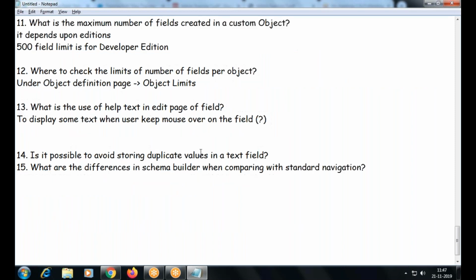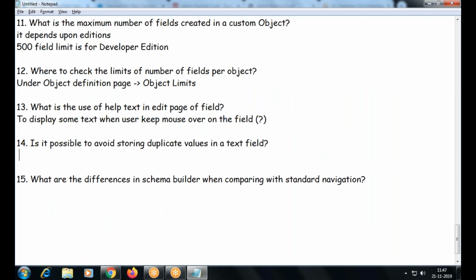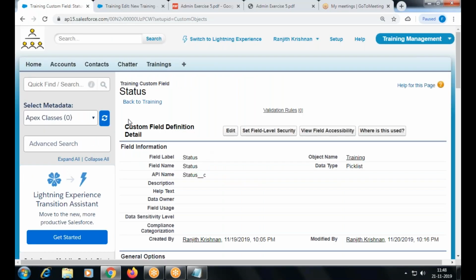Am I right? How to avoid storing a duplicate text value? Remember this, all of you.